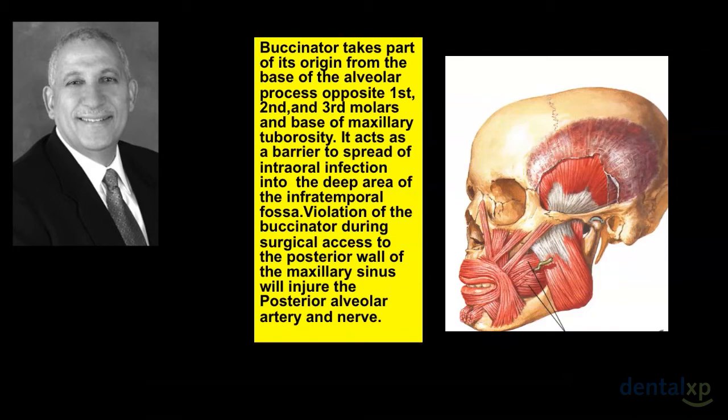Posteriorly, where it disappears here, the buccinator goes medial and crosses the retromolar triangle to join the superior constrictor muscle through the pterygomandibular raphe. And this is an area that you're going to be dissecting. If you go above that buccinator, as I said, you will be injuring the posterior superior alveolar artery and nerve,